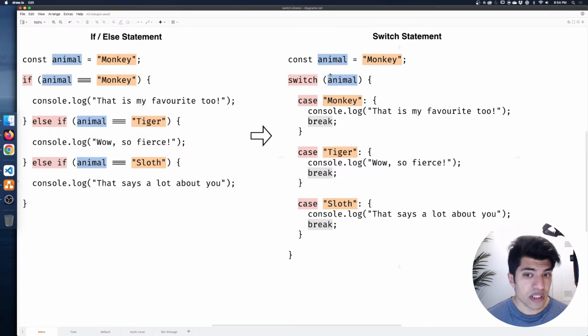Okay, so in this case, we're switching on three possible cases, monkey, tiger, and sloth, which correspond to the three cases over here with the if, else if block. Okay, and each of the cases has their own break to jump out. All right, now one thing to note with the syntax, we'll see this as we code this in a second,